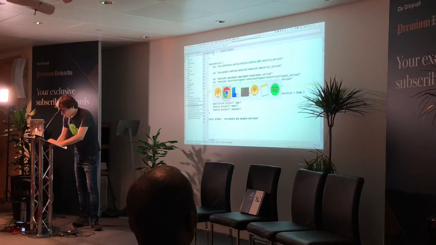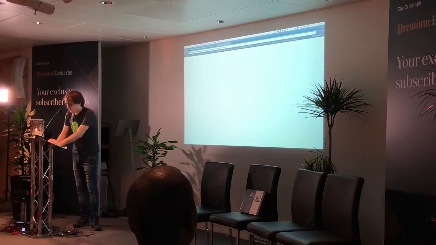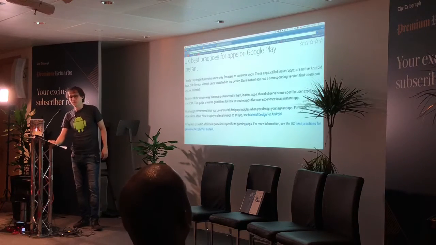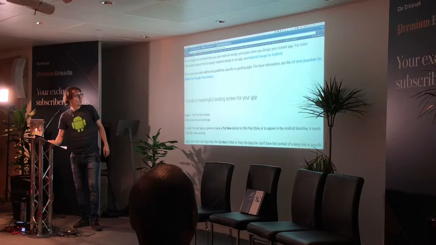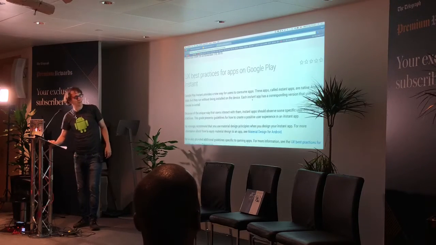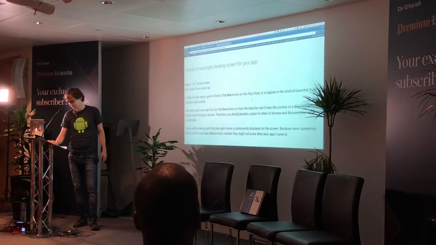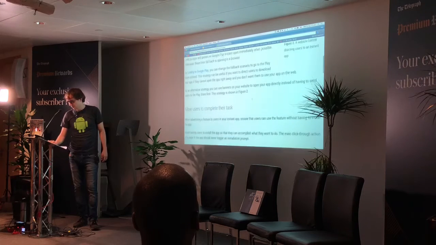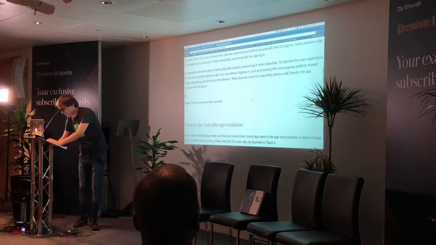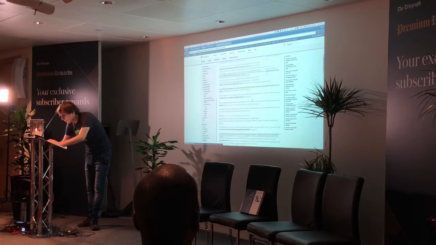I also want to show that in the documentation page there are these nice design best practices. So one of the things is that